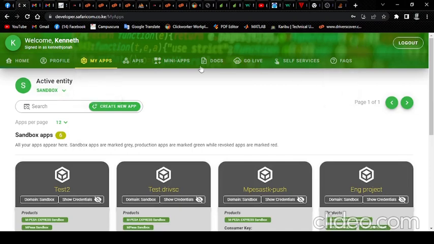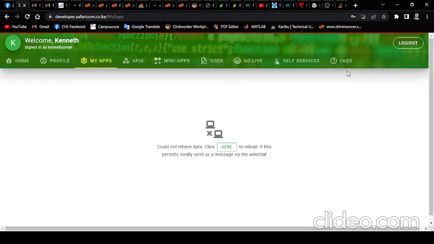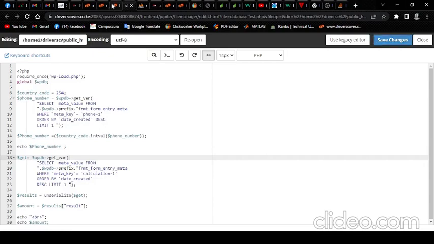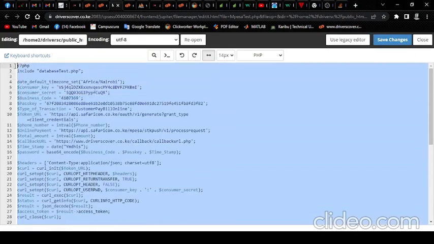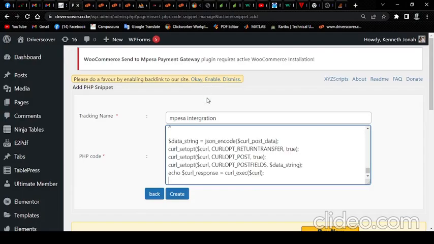Just go create an account with them on Safaricom developers. Create an account with them, and you'll get to know so much from the documentation, the forums and the frequently asked questions. That is it. So we're going to copy the main code, that is the SDK push code here. We're going to copy everything there